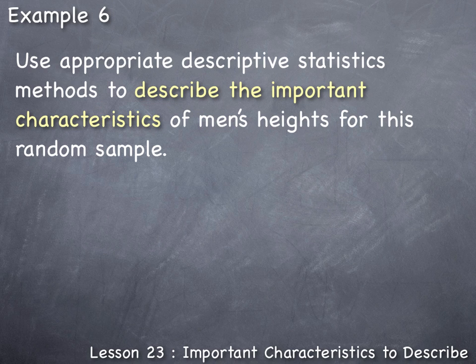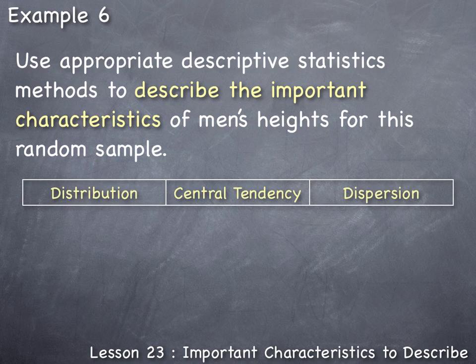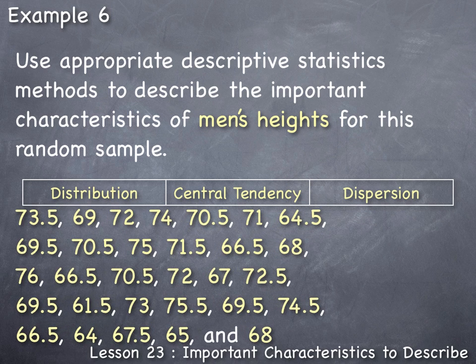So, to describe the important characteristics of data, we need to use words of the problem to describe the three main aspects. That is, the distribution, the central tendency, and the dispersion of the data. Now, the data in this example was men's heights. So, taking the men's heights data for the sample, we can use the TI-84 calculator to help us calculate the